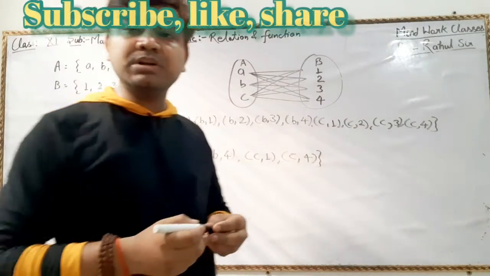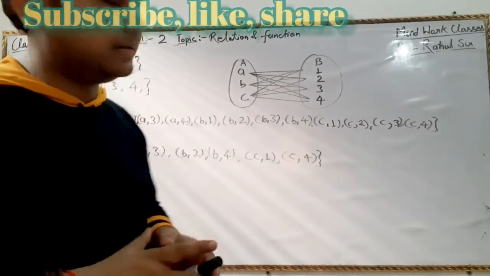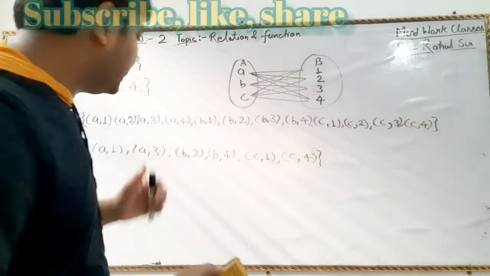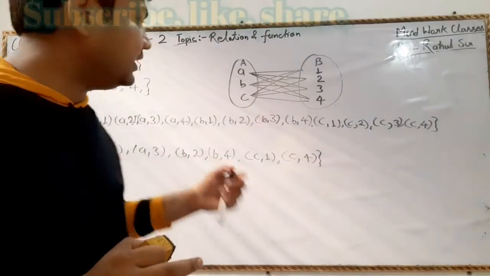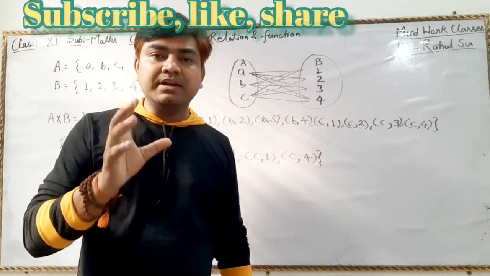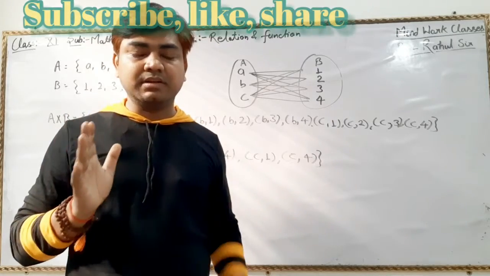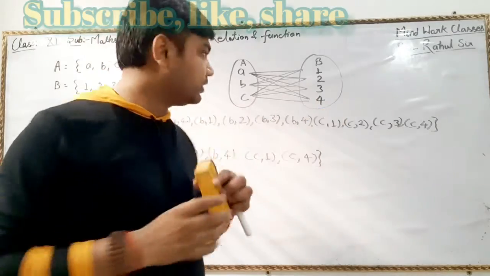But what we are going to understand right now? We are going to understand the relation. Okay, so the relation, I have already told you what is the relation. Relation is a subset of any Cartesian product. That means we have few definite relations. Relations means definite element, the connection between two elements. Okay.